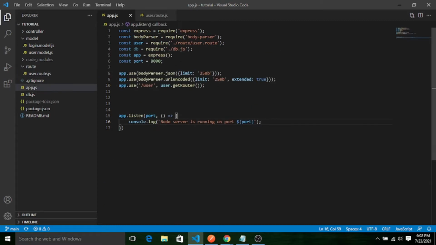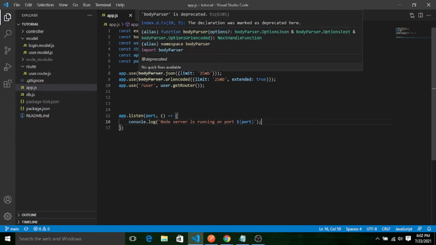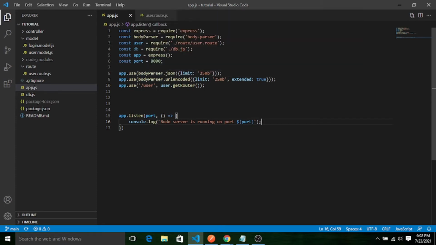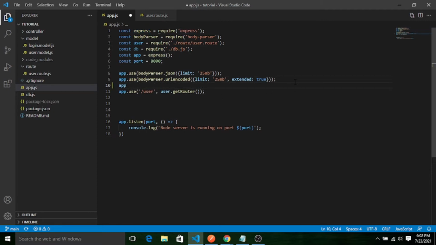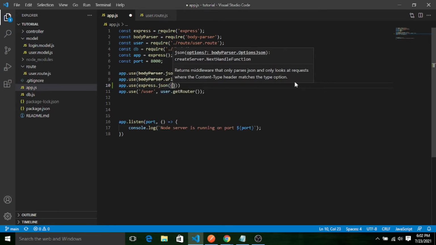For that, if you see here in my code, I have already used bodyParser.json limit 25 MB. We can also use, if you have express, the same express, copy here also: app.use express.json, we can limit the request here.